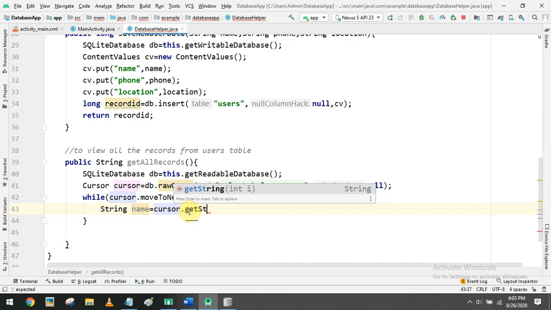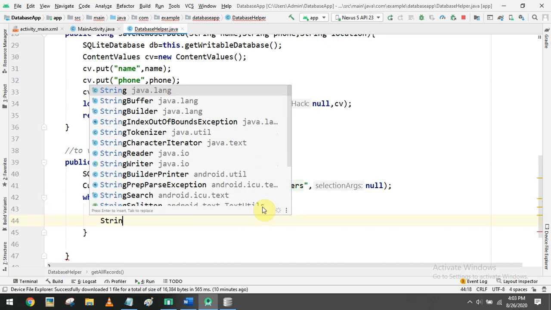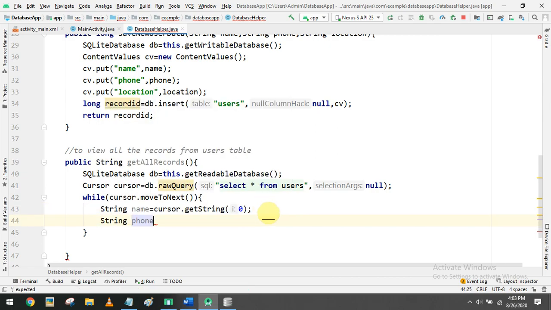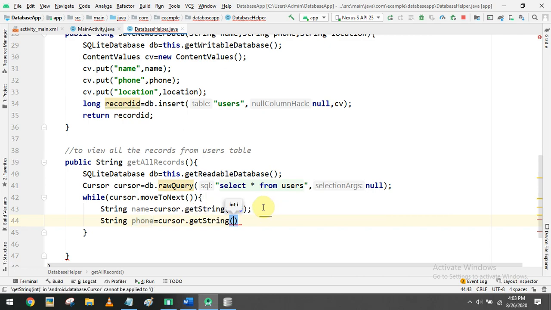By default the column index starts from 0. So the first column is 0, and then we can read the next data. The next data is the phone number, which we can read again using get string with 1.